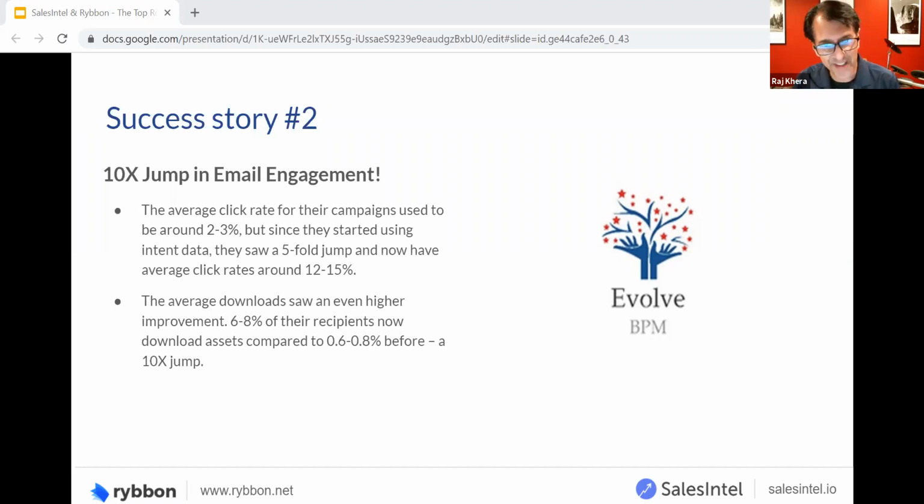The other really cool thing is, let's say, we've got almost 100 million people in our database. If we don't have contact information for somebody, you can click one button and use our research on demand team. It is an army of 1,400 people that can do the research for you. So literally you just say, oh, I need to know the VP of client services at this company. And after filling that request, our team goes to work and sends you back that contact information. Saves a tremendous amount of time.